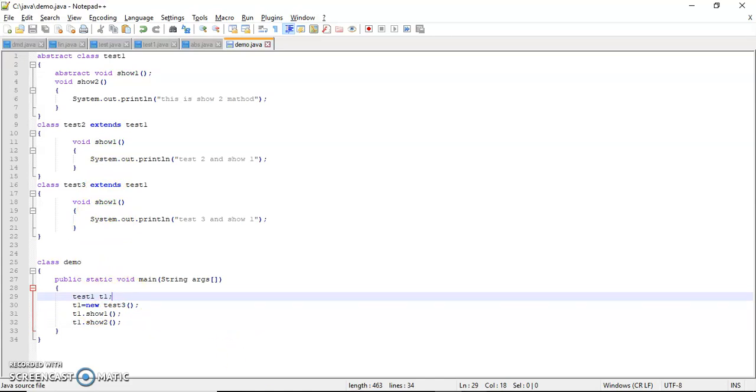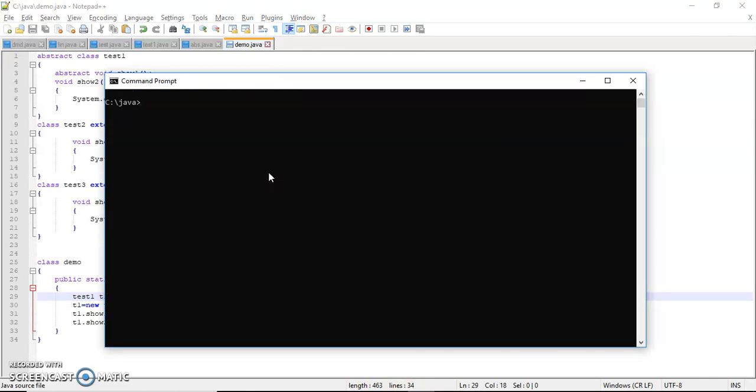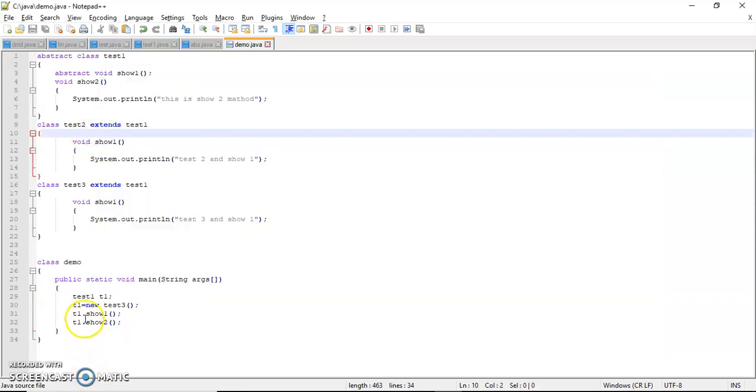So let me check. The output is test3 and show1. Show2 method is common, and it will be called from the abstract class because it is a concrete method. But for the abstract method, which method will be called depends on which class's memory is allocated to that object.